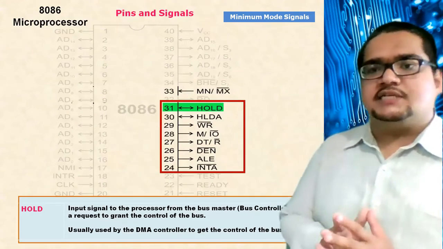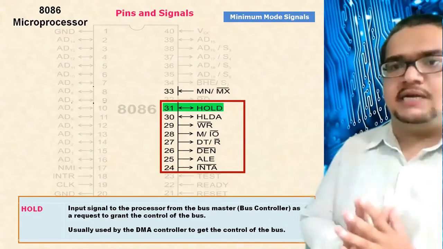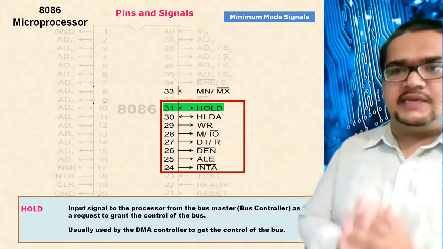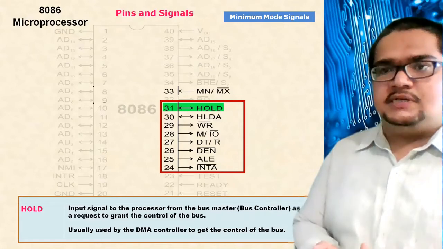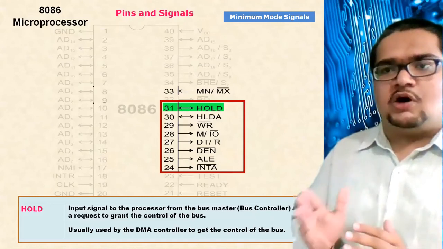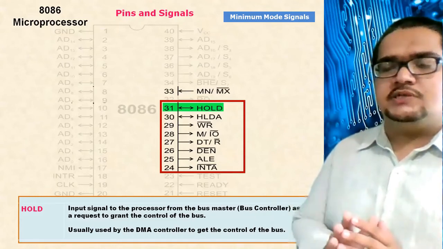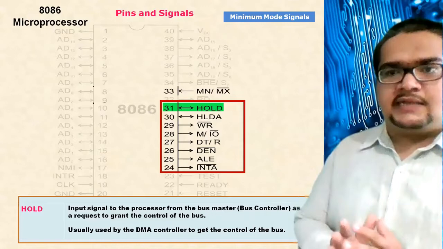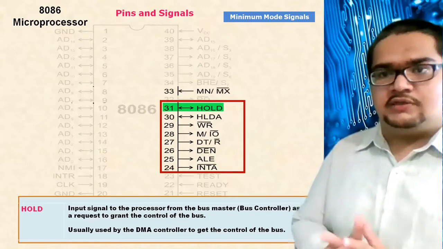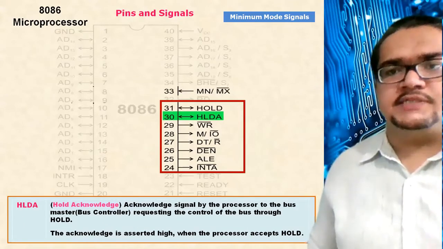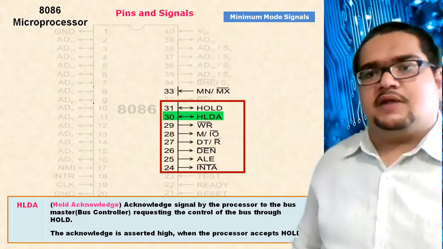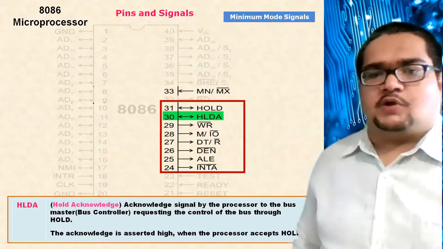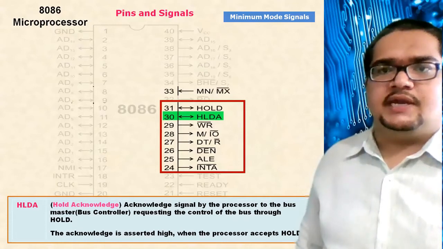Okay, to understand this one you simply have to understand that whenever the case is there where your input data need not be processed, it just has to be sent to the output device or to the memory device for storage, at that time the processor's involvement is not required. You can understand the use of these two lines clearly, how they are used for efficiently using the processor's efficiency. Okay.